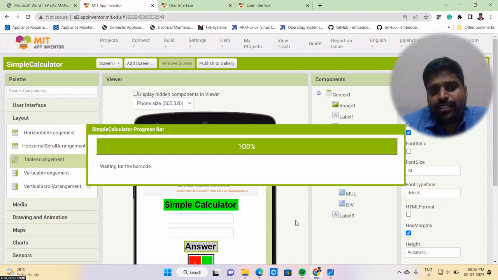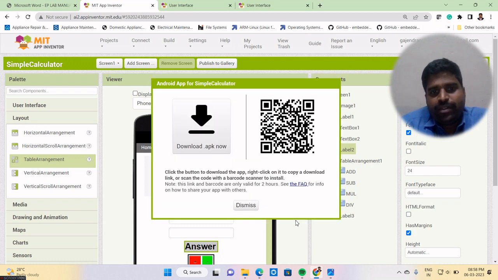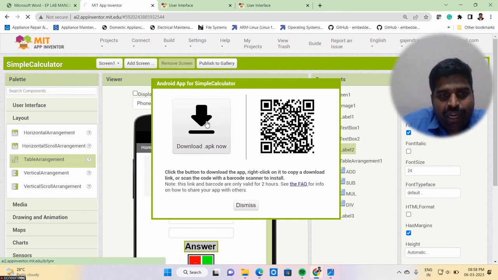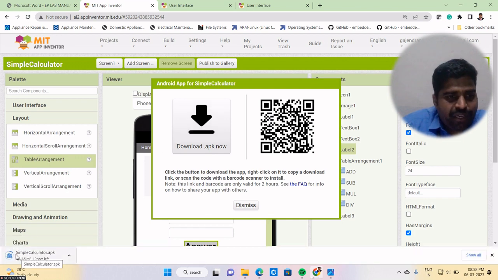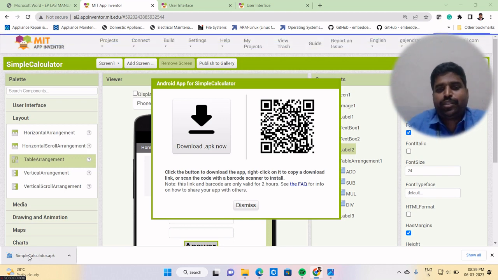See, now it is 100 percent. It's over, so we are waiting for the barcode. Now we are going to get the QR code. It's not a barcode. They display a barcode, but it is a QR code. Here you will find two options. The first option: you can click this, and your APK file will get downloaded in your system. From there you can move it to your smartphone,